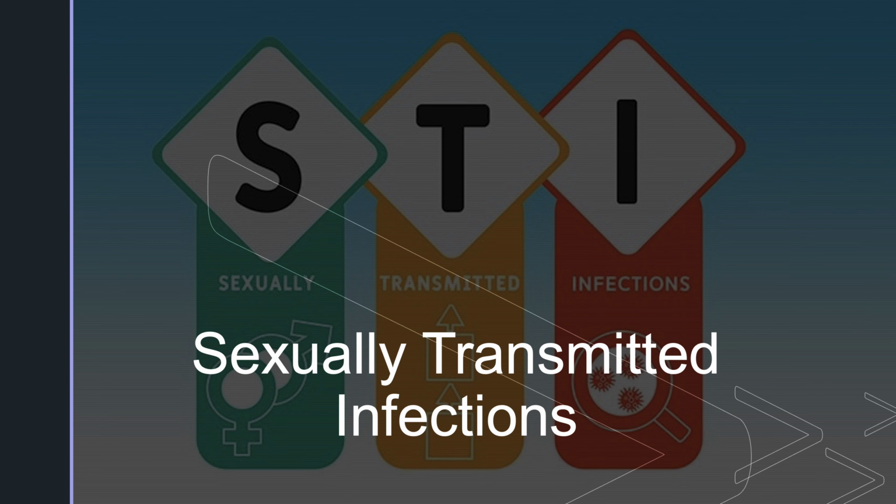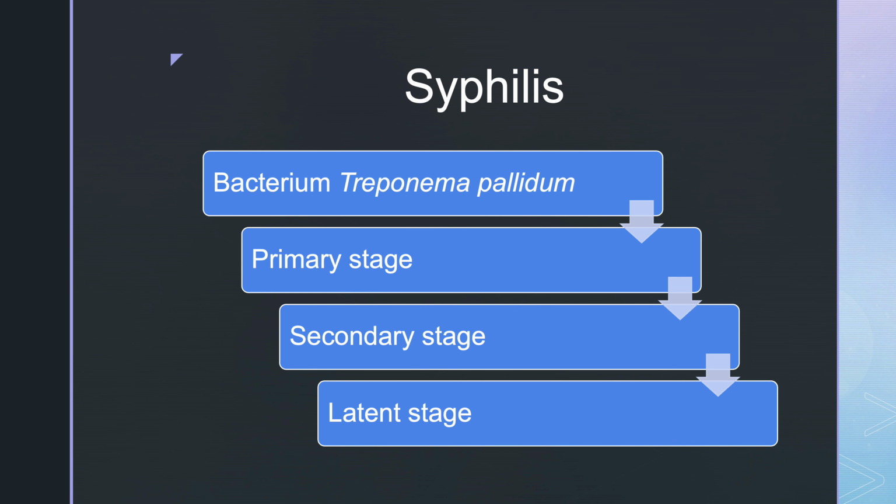Next up for our infectious diseases, let's talk sexually transmitted infections. And we'll start here with syphilis, a bacterial infection. It comes in different stages: primary stage, secondary stage, and then latent stage. That primary stage of syphilis is within the first few days, weeks, wherein symptoms manifest themselves. You'll have sores and cankers on the genitalia. Those, even untreated, will go away and go into the secondary stage, in which the patient is largely asymptomatic. But in that secondary stage, you are still highly contagious.